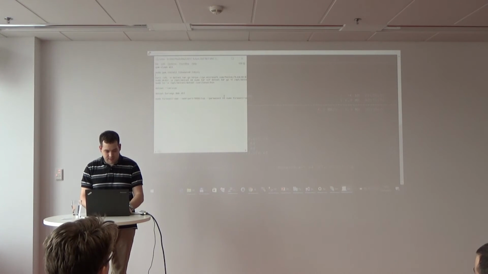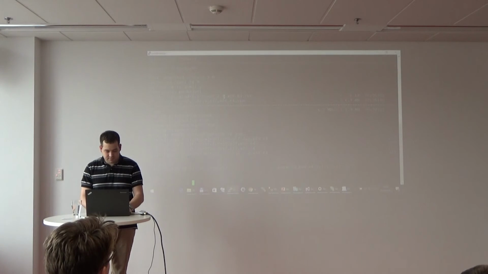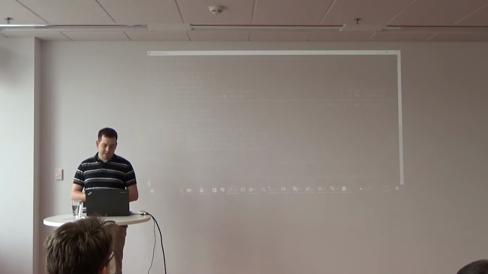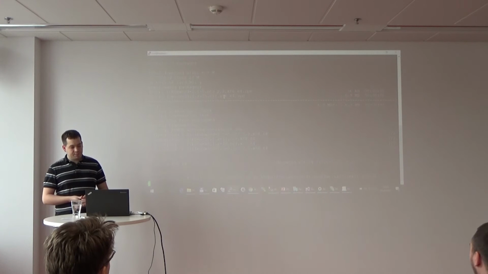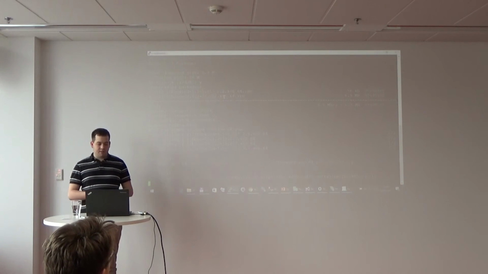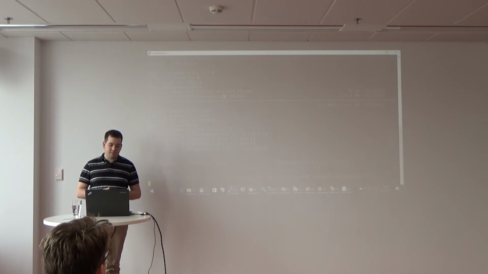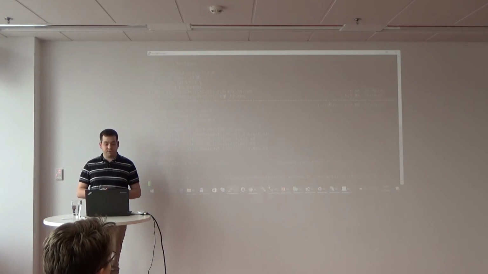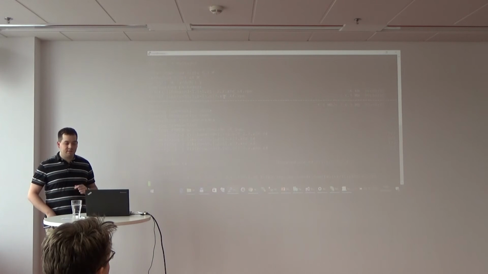Okay, and then I just download the .NET package, unpack it somewhere, and make a link to this folder so it can be executed with the command dotnet.